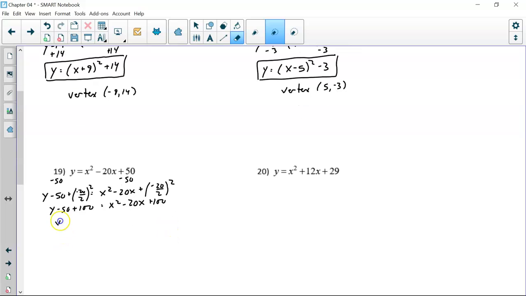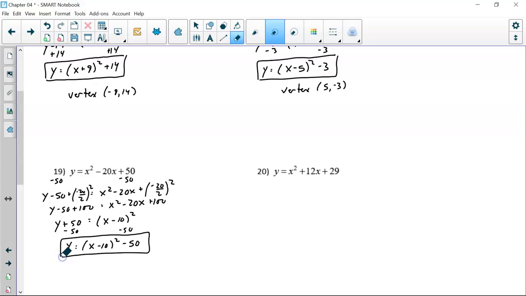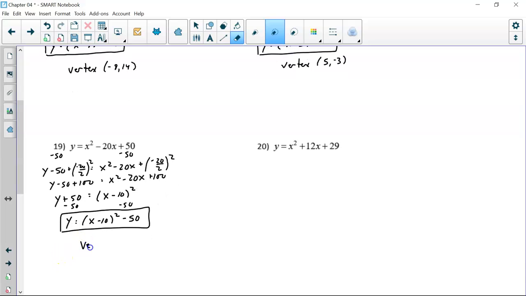So we get y plus 50 equals, and when we factor, we get x minus 10 squared. Subtract 50 from both sides. y equals x minus 10 squared minus 50. And there is our rewritten quadratic. And our vertex is located at 10, negative 50. And then finally,